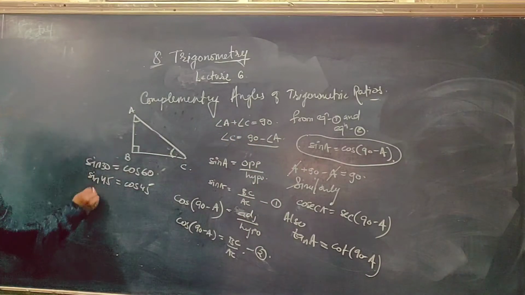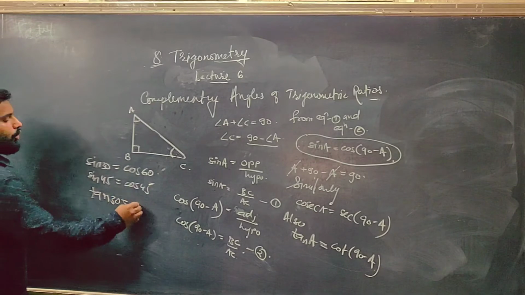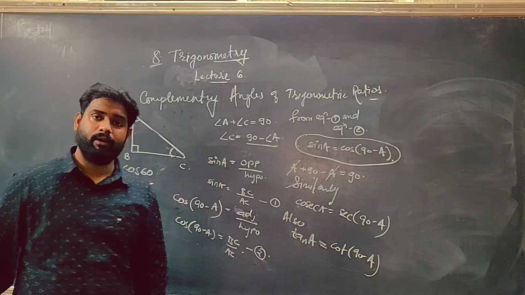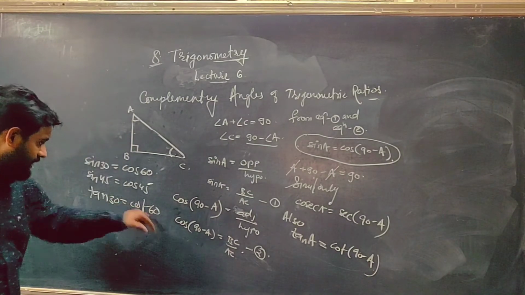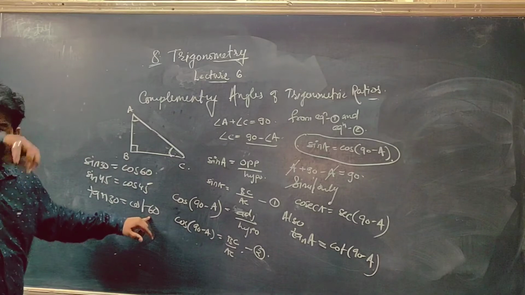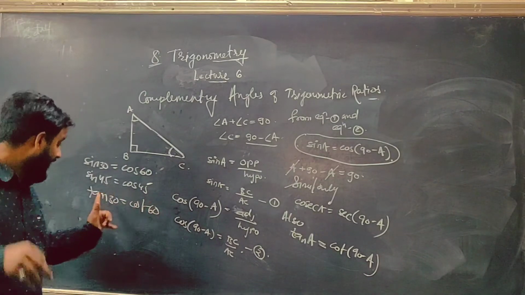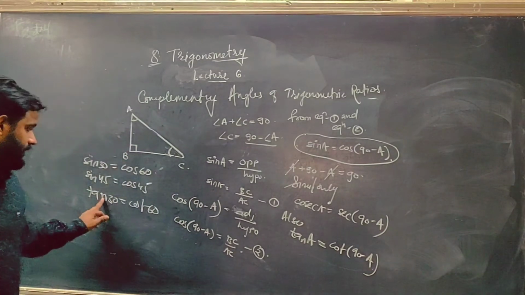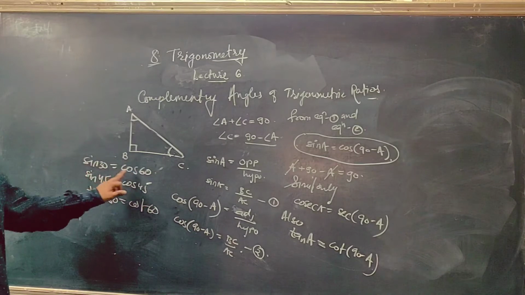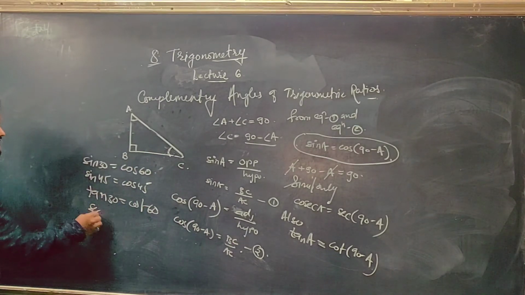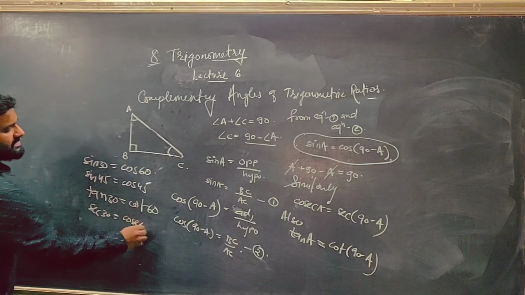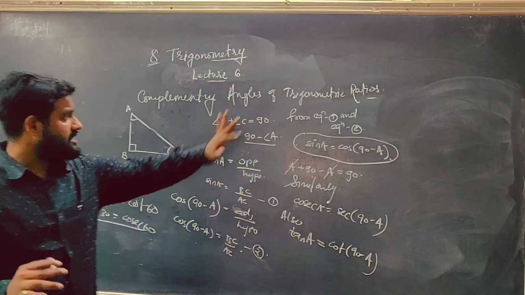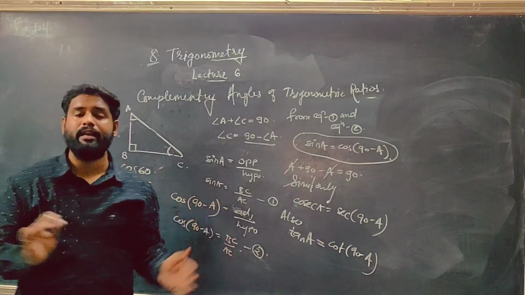Like here, tan 30 is equal to cot 60. See, tan 30 is 1 by root 3, cot 60 is also 1 by root 3. Why? Because whenever two trigonometric functions have the sum of the angles as 90 and they are a complementary pair, then the answers of both of them will be equal. Tan 30 is as good as cot 60, sin 30 is as good as cos 60. If I write sec 30, that will be equal to cosec 60. From the table you can verify this concept. So that is all the derivation and the concept that I have explained.